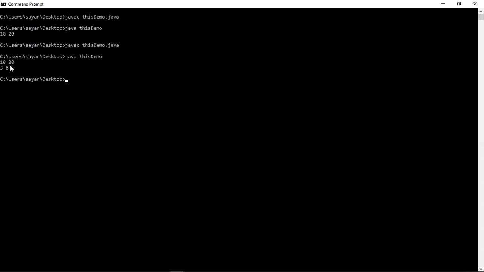The values that have been passed into the variables a and b using the object ob1 are shown in the first line, which is 10 space 20, and the values that we have passed using the second object ob2 are 3 and 6, and those values are shown in the second line as output.